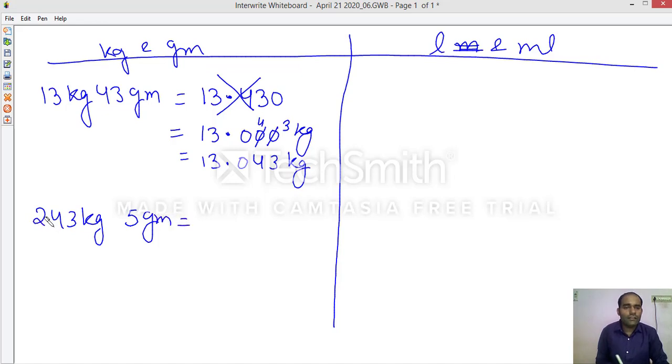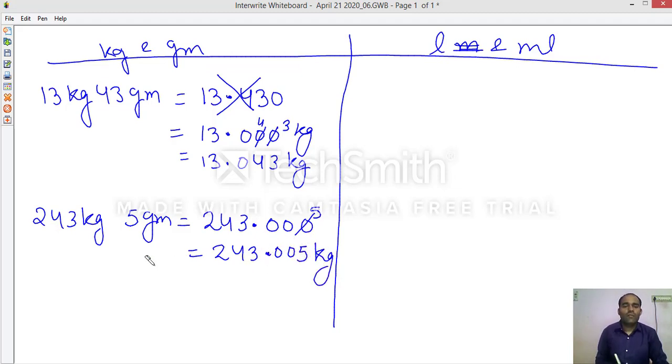If someone says 243 kilogram and 5 gram, you will write like this: 243 point, 1 2 3 zeros. But here is also gram, so this 5 will be replaced from the right hand side. So what will it be? 243.005 kilogram. Let's take one more example: 4 kilogram 54 gram.